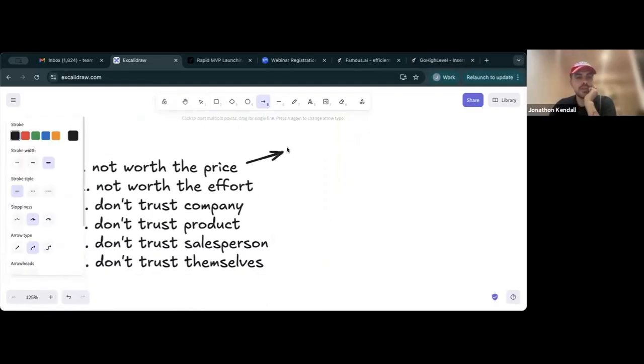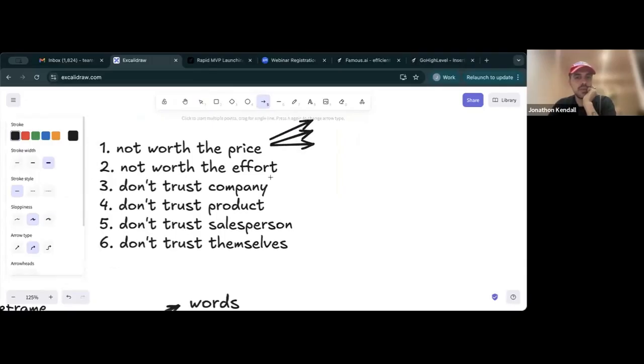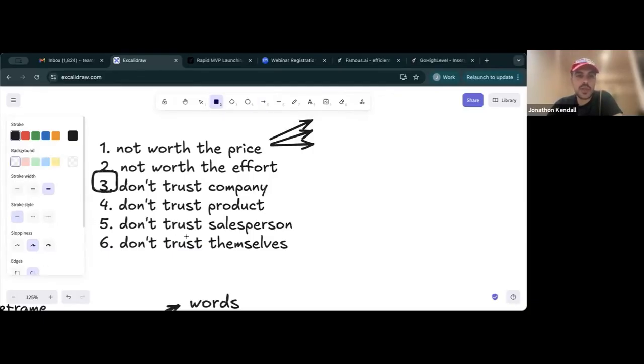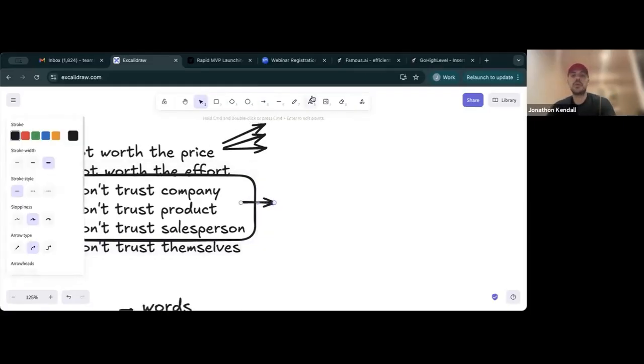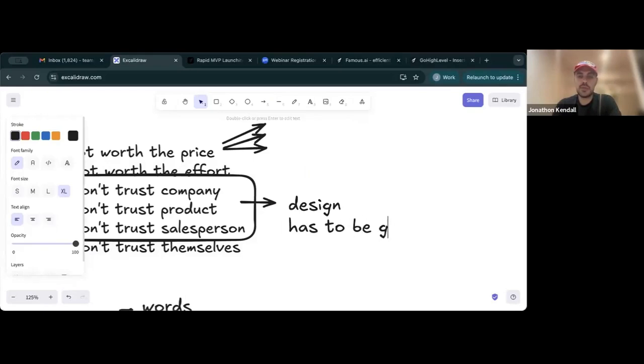And if you study sales, there's a million people say, oh, I want to think about it, or I need more time, or I'm moving money around, or there's this other guy that wants something, whatever. You study sales, there's a million different things, but they usually come down to this. And you'll notice that trust, this is where design comes in. So design has to be good enough to not look like a scam.